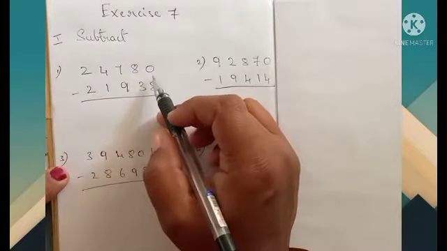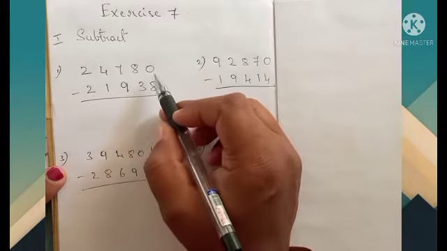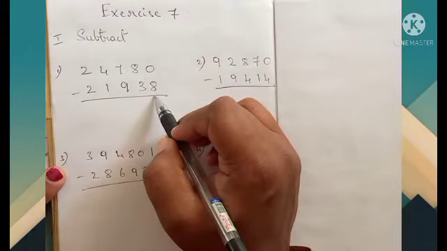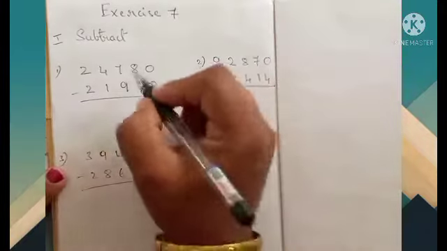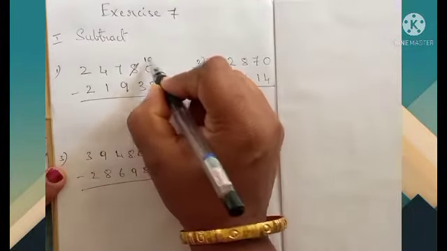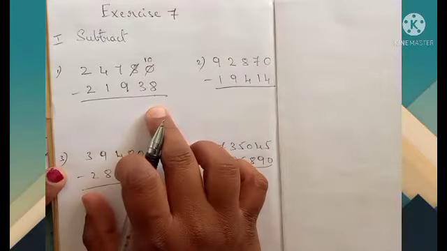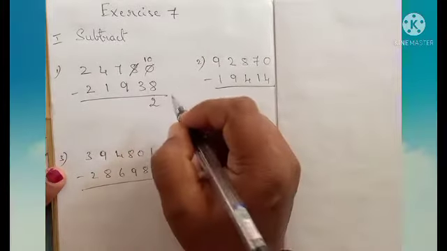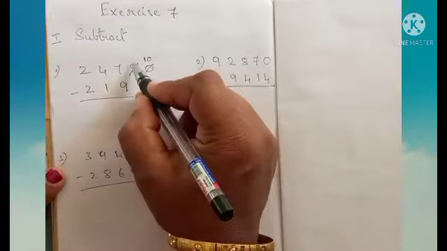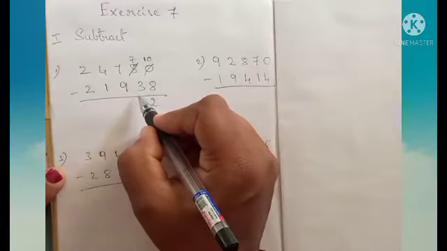See now, according to the place value, let's start with the ones place. Always you need to start with the ones place. In 0, can you minus 8, dear children? No. So what should we do? Yes, we should borrow 1 here. So this will become 10. In 10, if you subtract 8, how much remains? Yes, 2. What is the difference? 2. Now, how much is remaining here? 7 is remaining, isn't it?